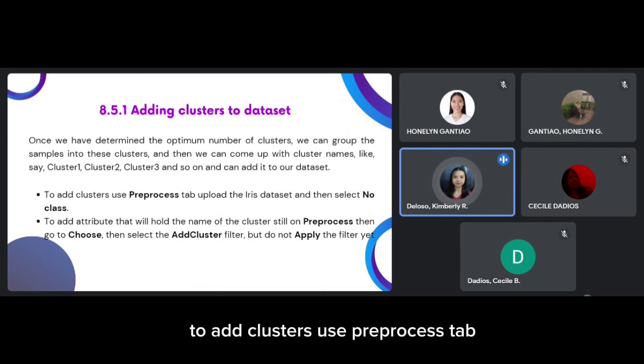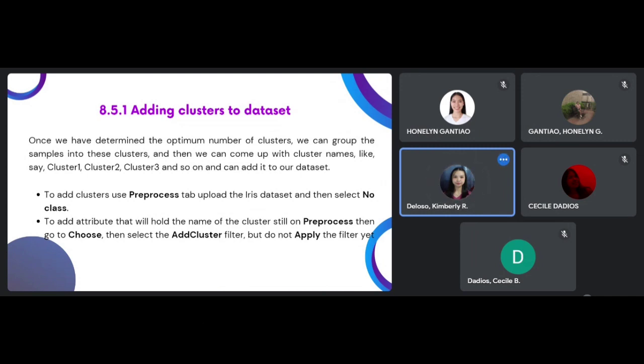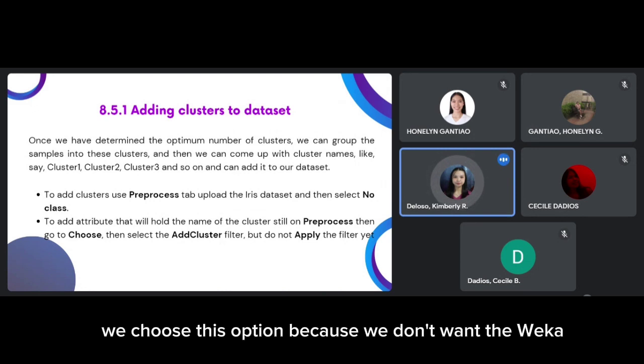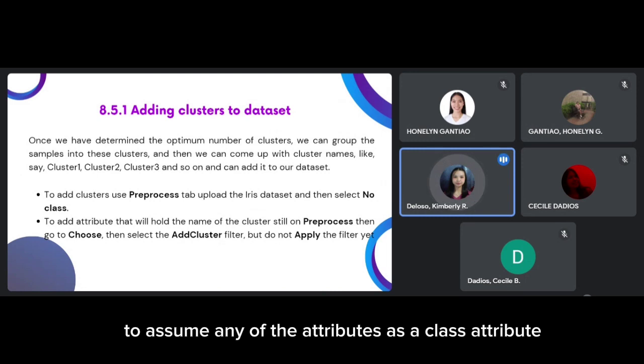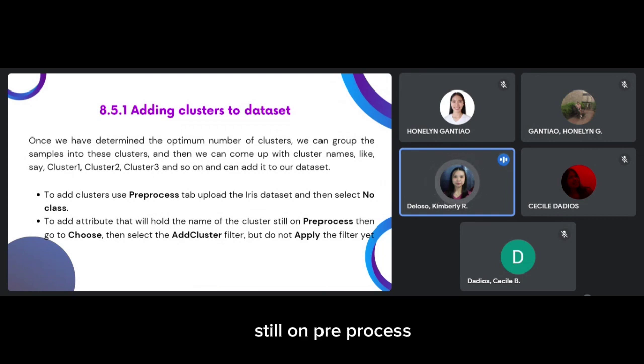To add clusters, on the pre-process tab, upload the iris dataset and then select no class. We choose this option because we don't want Weka to assume any of the attributes as a class attribute. To add an attribute to hold the name of the cluster, still on pre-process, go to choose, then select the add cluster filter, but do not apply the